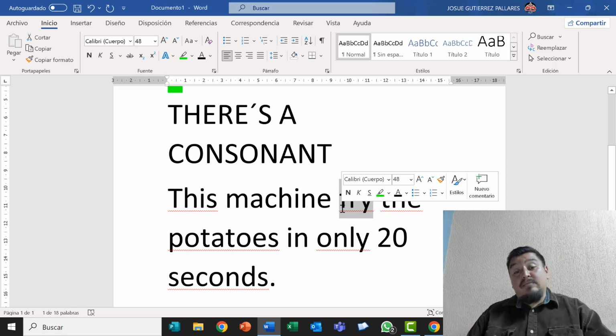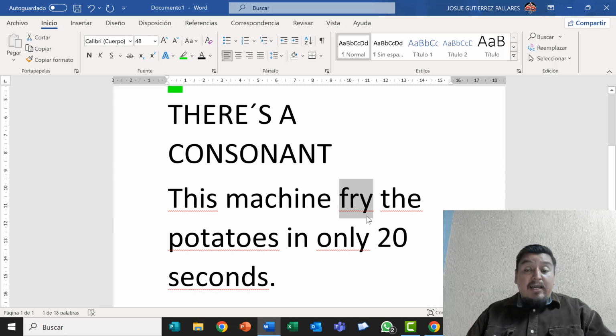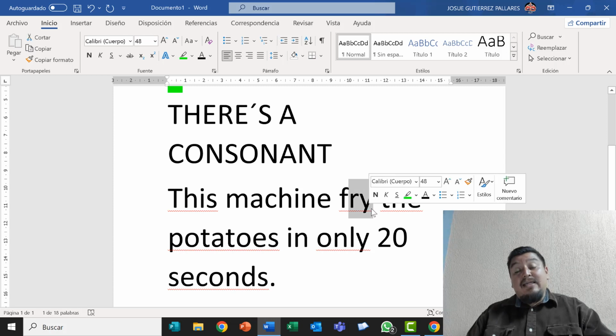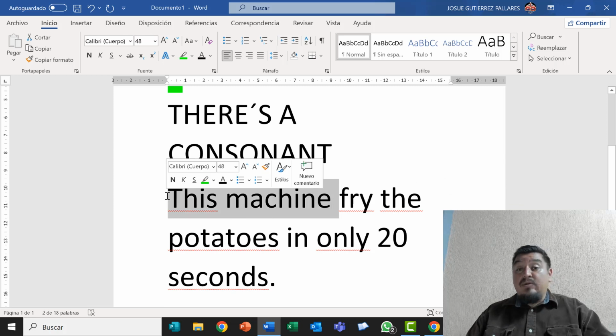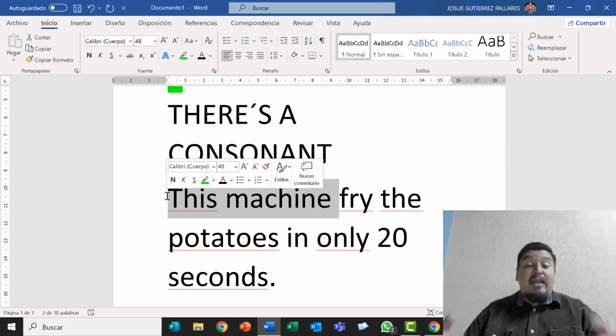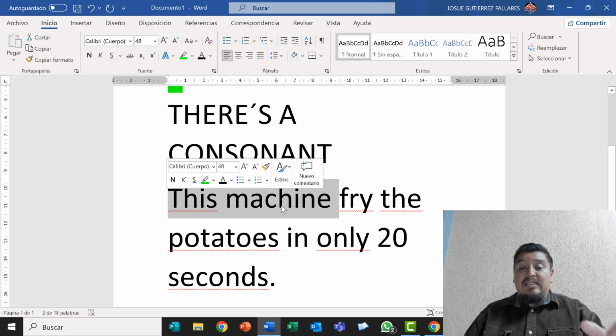They're so wrong, because fry, it's a verb ending Y, and before the Y there's a consonant. Look that. The consonant is an R. So this machine, it's a third person, singular person. It means a thing, a noun. So the subject that you're going to use is it. So this machine,